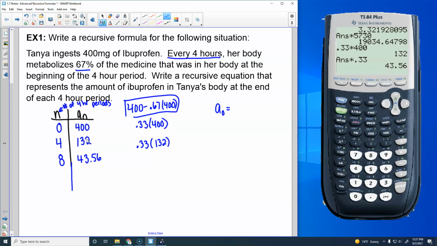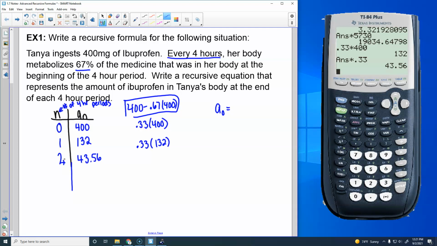All right. Okay, so A sub 0, what would it be, Wesley? Oh, another question, go ahead. Oh, yeah. Yeah, I should have. It's number of 4-hour periods, and I really should have 1 and 2 right here. Sorry. Thank you. It should be 1 and 2. Yeah. You're right. I could make a table where it goes 0, 4, 8, and I should put number of hours if I do that. Yes. I meant for it to be 0, 1, 2,